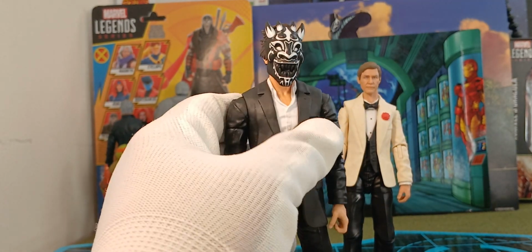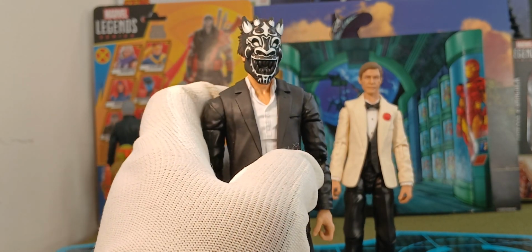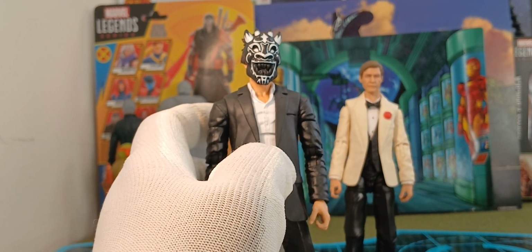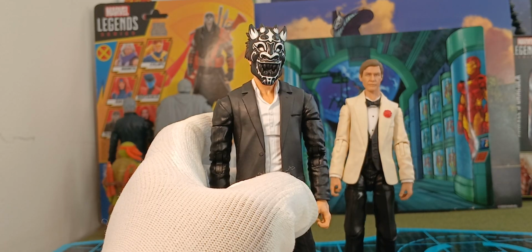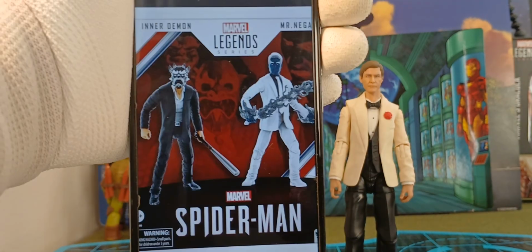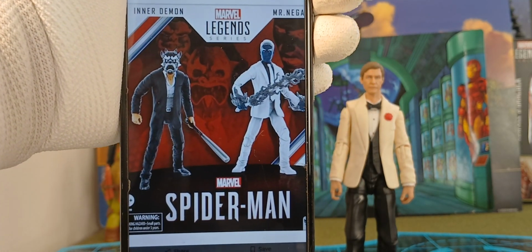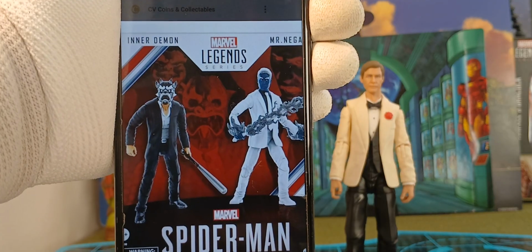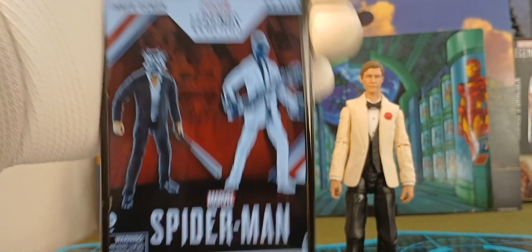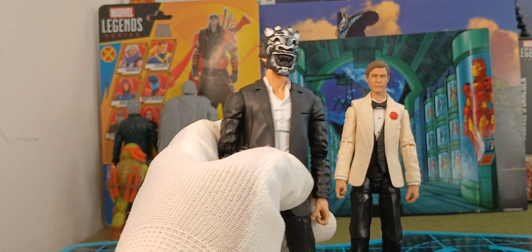All right, but even though his neck's exposed, where did he come from? I think it was a 2-pack or 3-pack, hold on, I'll go double check. That's what it was. The Inner Demon, where it came in the Marvel Legends Inner Demon and Mr. Negative 2-pack. So yeah, out of here. Okay, but anyway, with that being said,